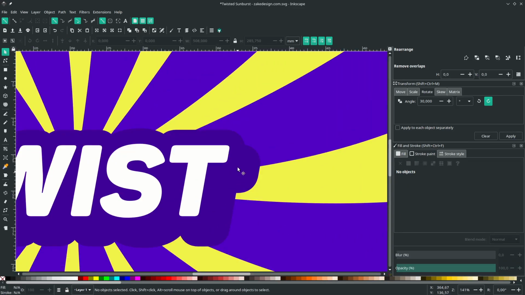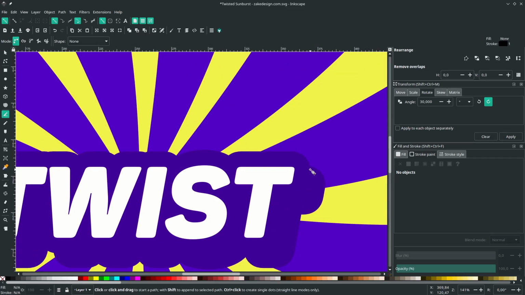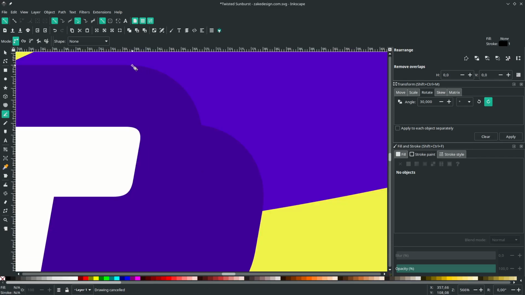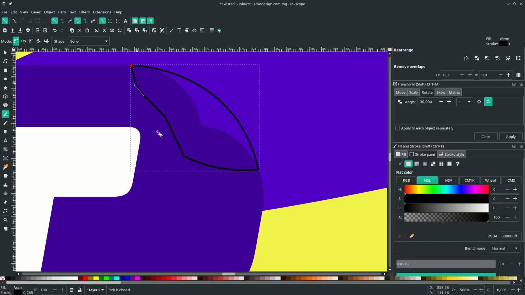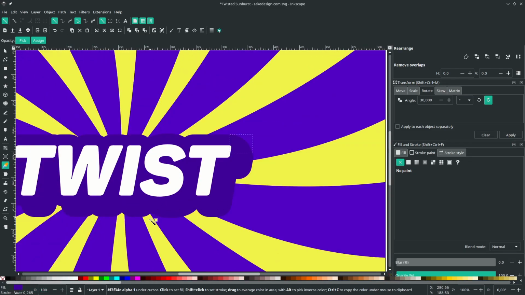Then with the Bezier tool, we're going to connect this and this. Press B. And on here, click this and this. Click this and hold Shift to load the corner, then release. Bring up to this. Press D to change the color to the same color and remove the stroke. Do the same.